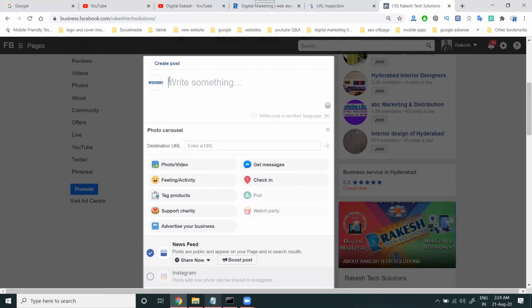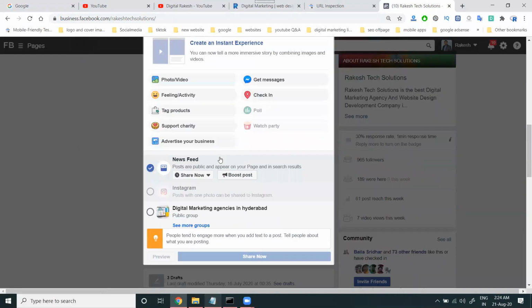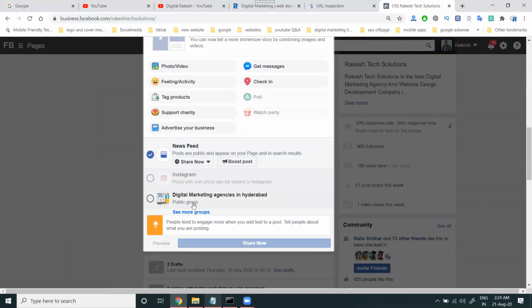And in this feature, if there is no URL, suppose you upload any photos, the editing will be shared for your page, Instagram, and groups also. Any one group is possible. Editing, we can promote for your page and group for your particular Google My Business. We can use this in the business.facebook.com option.